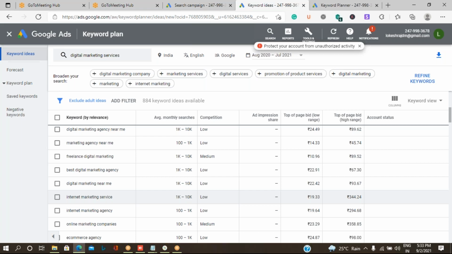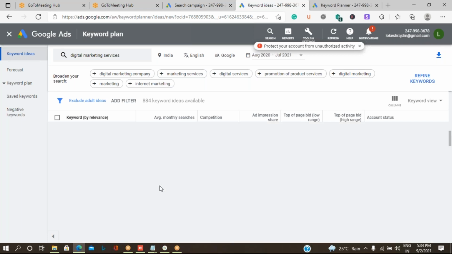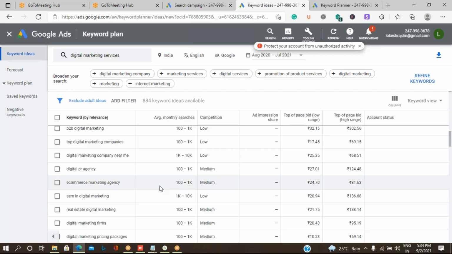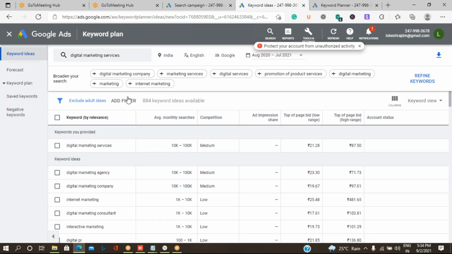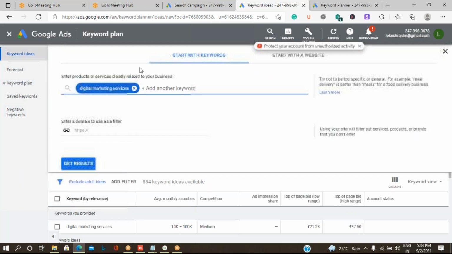Okay, so you can make use of this tool for your keyword research. Suppose you also want to check another keyword, you can just go there and change it.